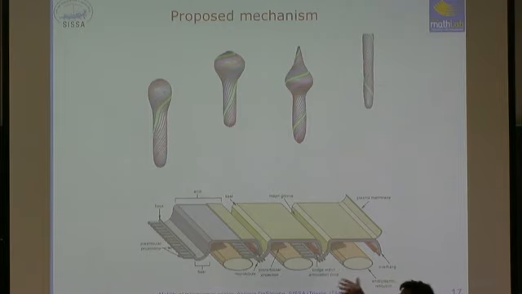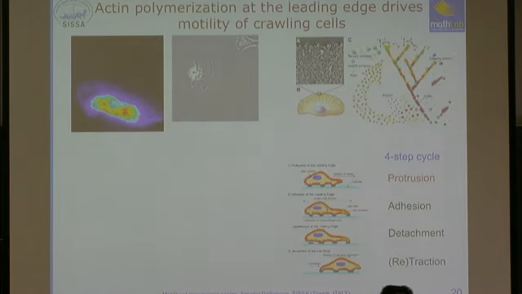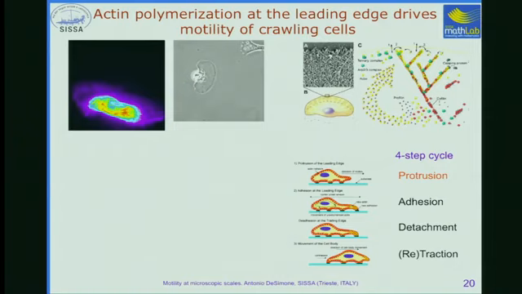So as you can see, it's very far away from the first idea you get out of seeing the movie of the object. Just to close, I want to talk a little bit about the real goal: the crawling cell, for which the motor is actin polymerization. We know that these things move thanks to the fact that at the leading edge there's polymerization,